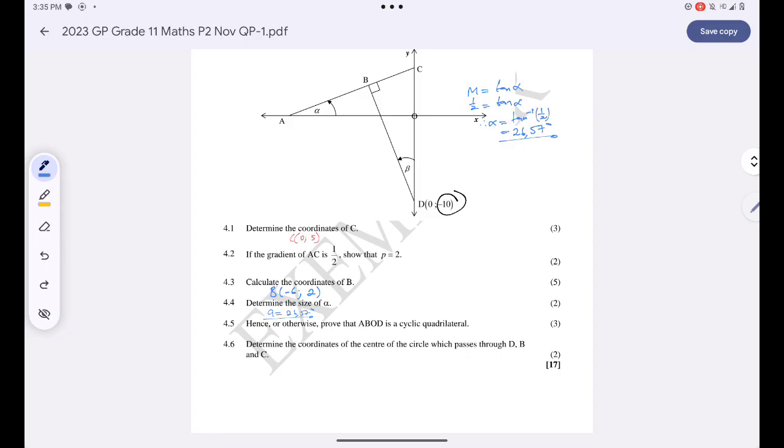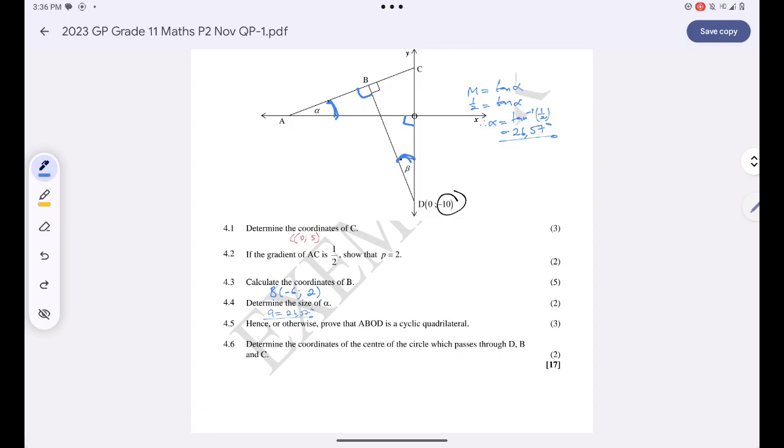Are you together? So they want us to show that this shape over here is a cyclic quad. That will be true if and only if angle B is equal to angle alpha. But in this case, guys, even if you can conclude that this is equal to this, then it's a cyclic quad. But since you are given 3 marks, I think they want us to find the size of angle